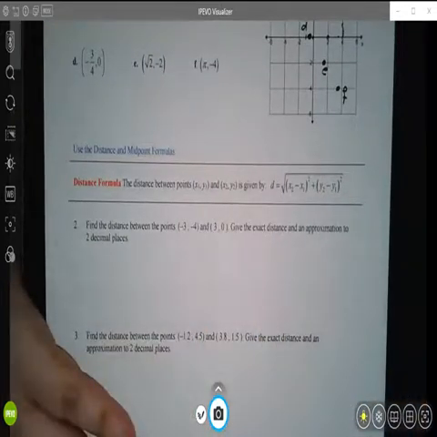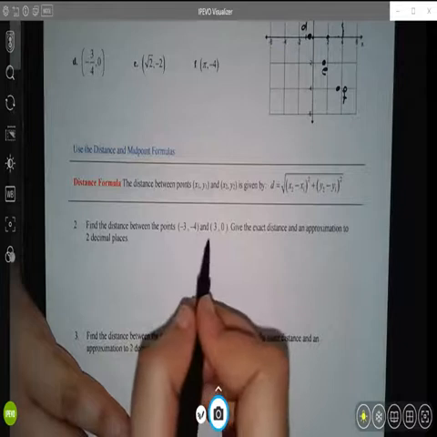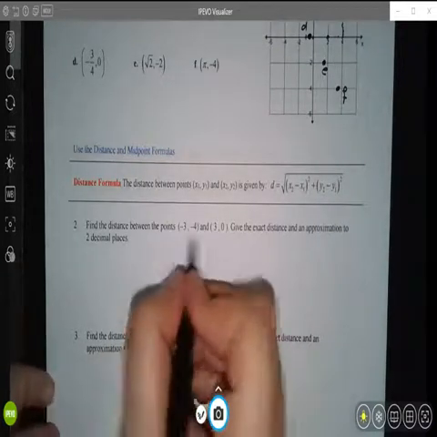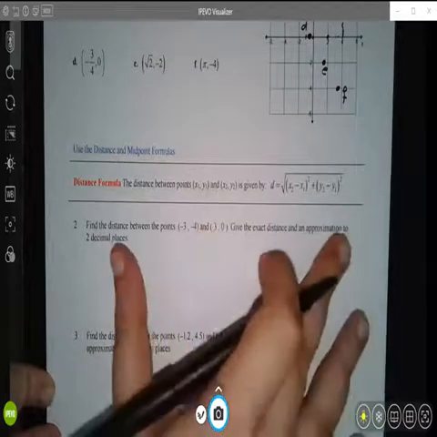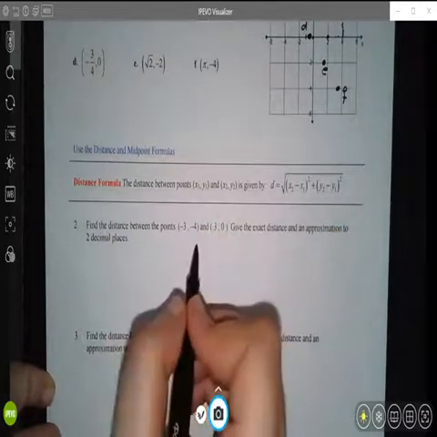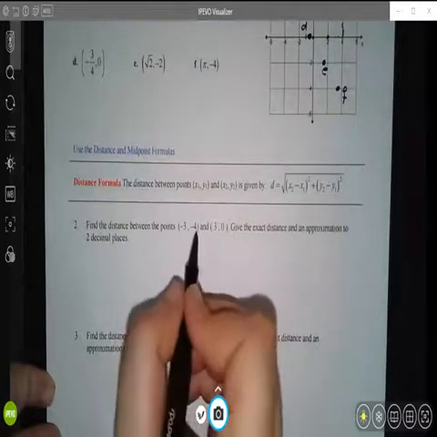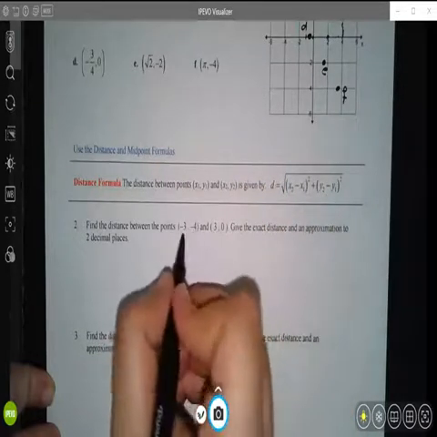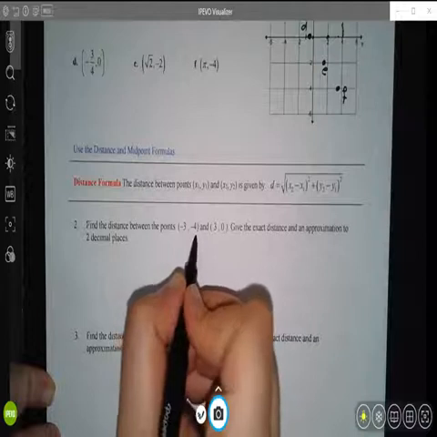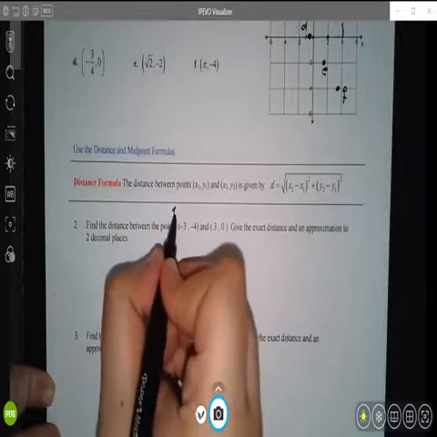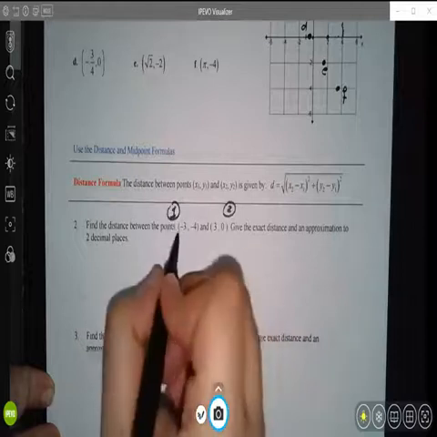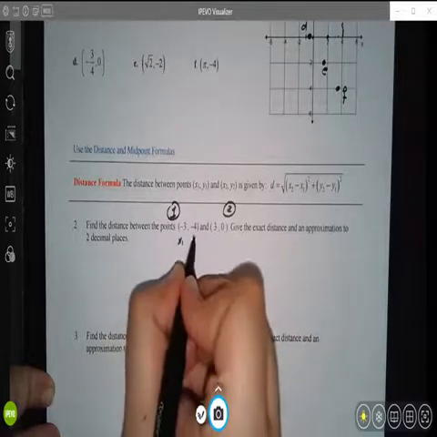Let's look at this example. I have 2 points, and I'm asking you to give me a distance between these two. Looking at it, you can mix and match, it doesn't matter. But make sure that whichever you choose as your 1 stays your 1. For example, if I say this is point number 1, and this is point number 2, that means this is my x1, y1,